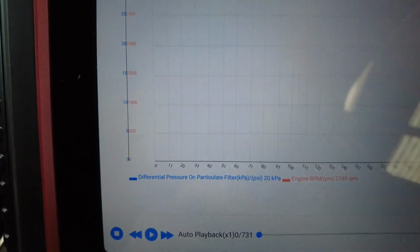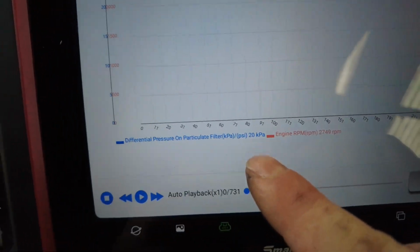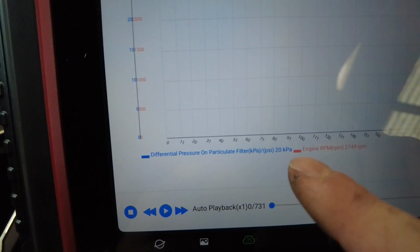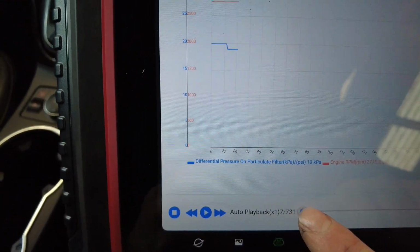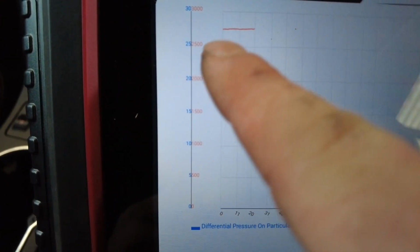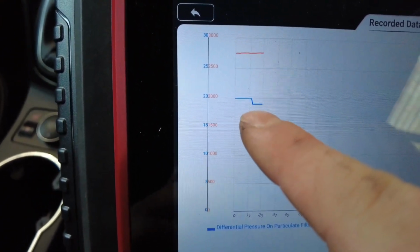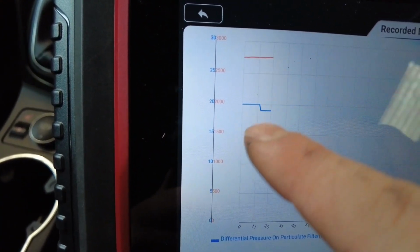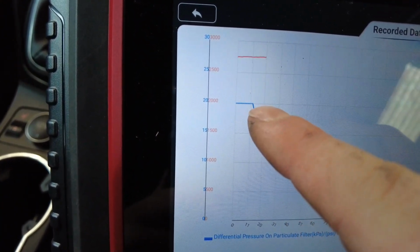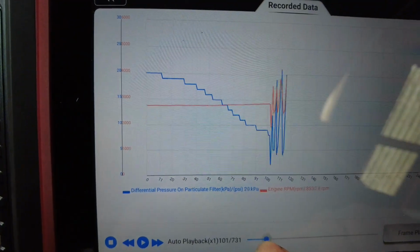Right, now here's a little bit of live data for you. Now I don't know why, but it's put it into kPa. 20 kPa is 200 millibars, so it's going to be starting off at the top here at 2000, 3000. The orange one is the RPM and the blue one is the DPF pressure. So we're just under 3000 RPM and we're at 20 kPa, which is 200 millibars. If I scroll it across now, you will see the graph